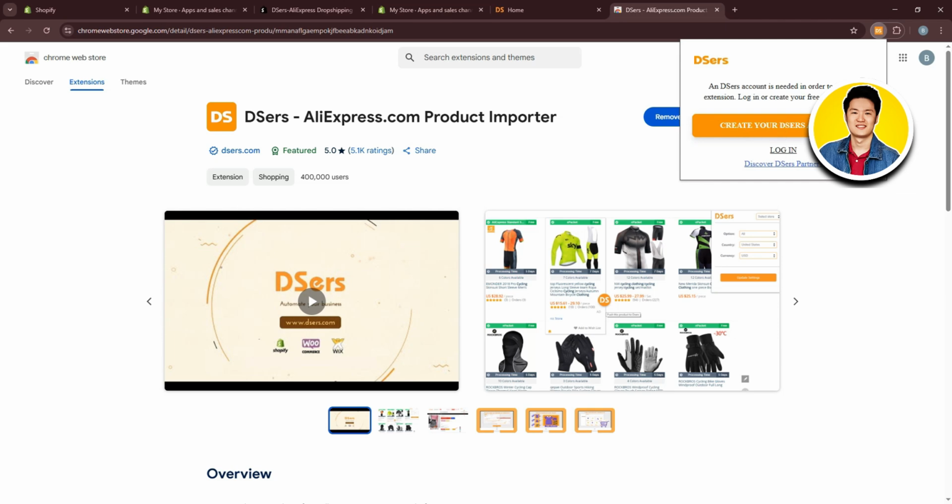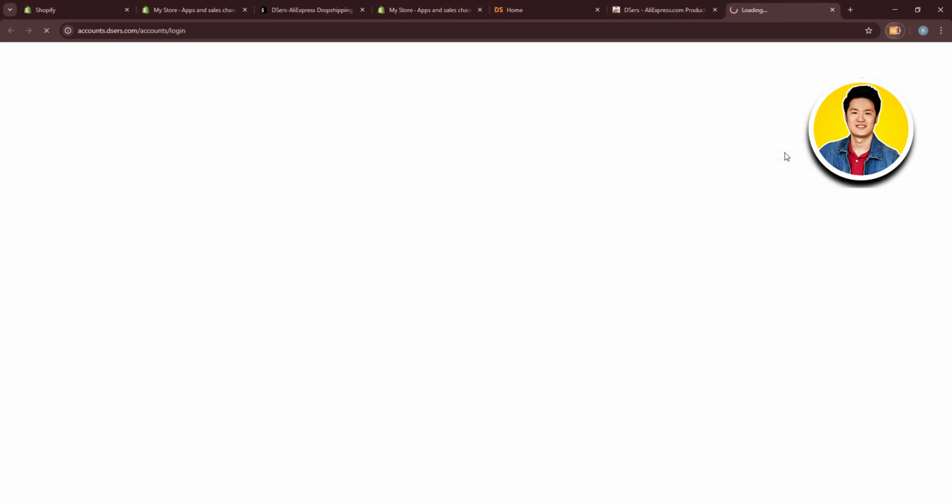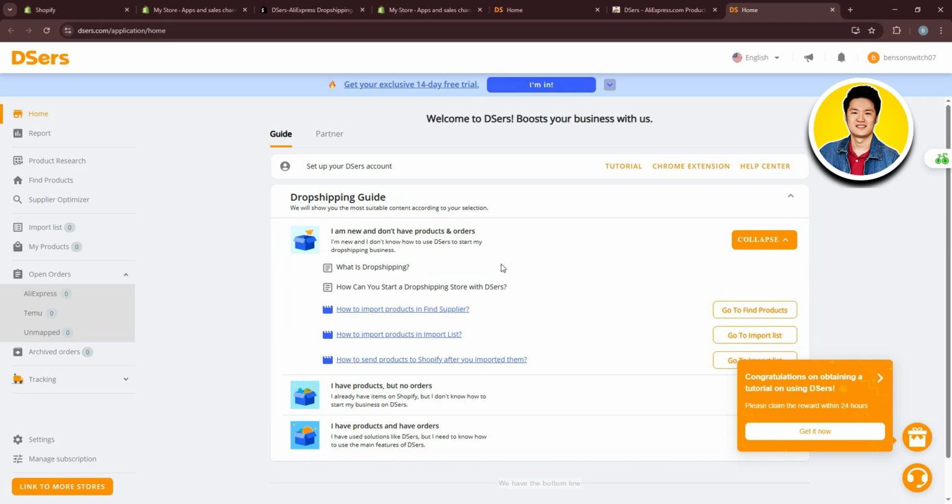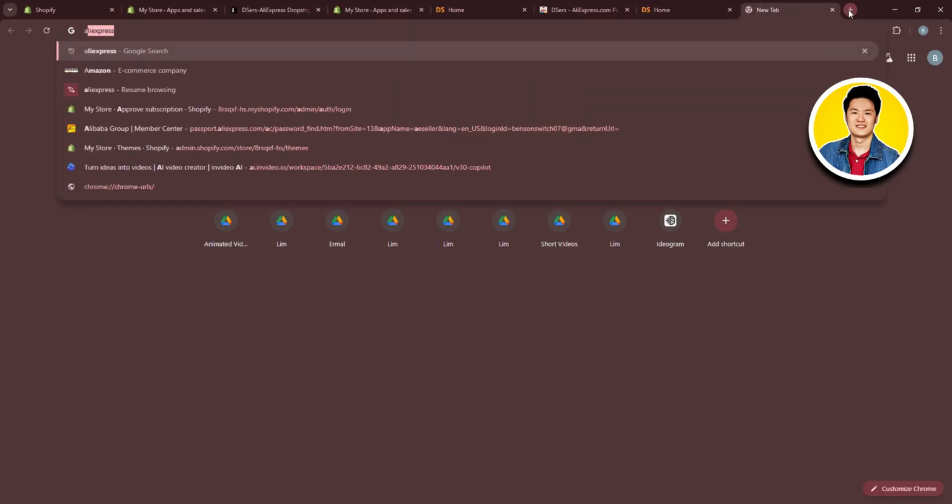After that, you can create your DSers account or login. So I will click on Login. As you can see, we're now redirected to the dashboard. Your DSers extension is now connected to your account, and you can easily access it from your Extensions tab on your browser. So once you're done with this part, let's go ahead and open up a new tab, and then